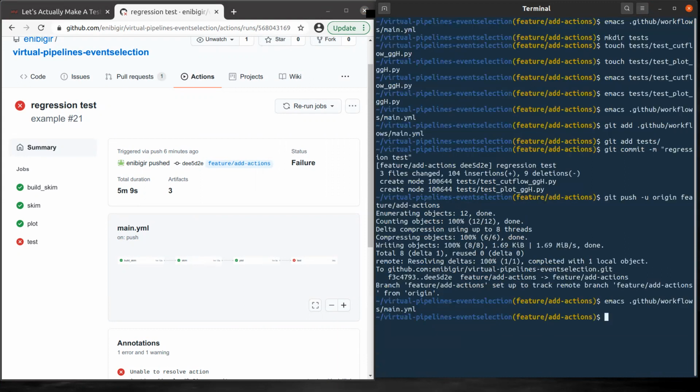Okay, let's add these changes. Let's commit with the message. Okay, we fix a typo.